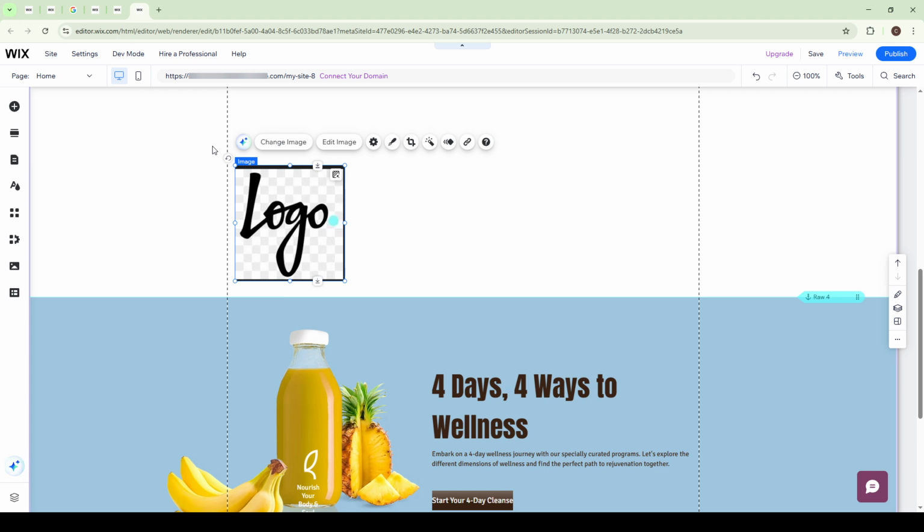You have full control here, so feel free to experiment a little until you achieve the perfect angle that fits your design vision. Whether you want a subtle tilt or a drastic 180-degree flip, it's all up to you. And that's it. You've now successfully learned how to rotate an image in Wix. This simple action can make a world of